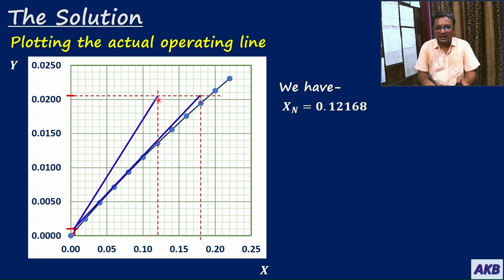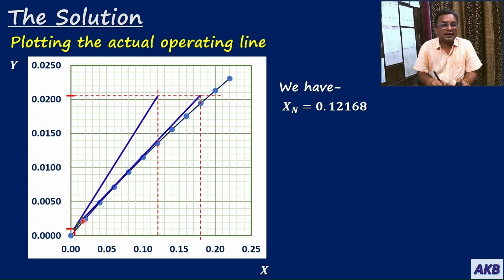Once the actual operating line is drawn, next we have to draw the triangles that will represent equilibrium stages. Those triangles will be drawn between the actual operating line and the equilibrium curve. So we will start at this point. The construction will start at this point. We will move horizontally from this point to the equilibrium curve, then vertically from the equilibrium curve to the operating line, then horizontally from the operating line to the equilibrium curve,